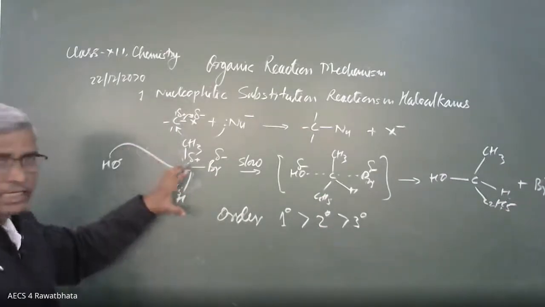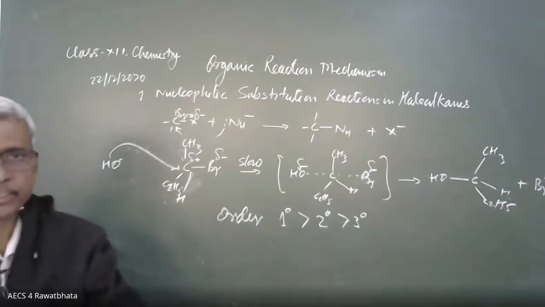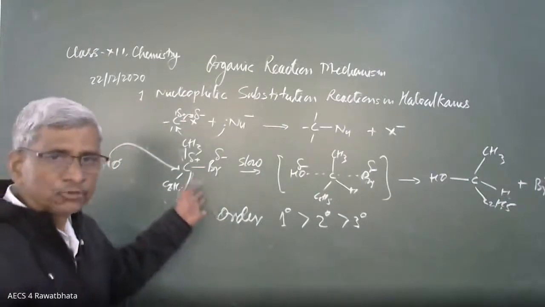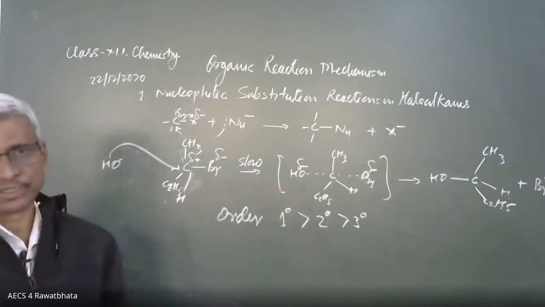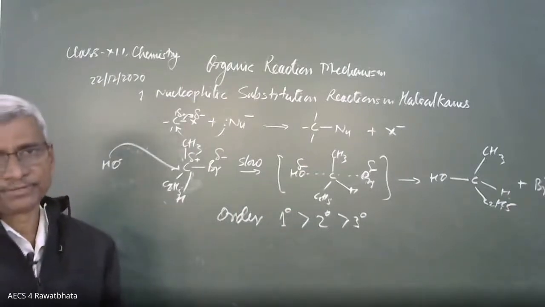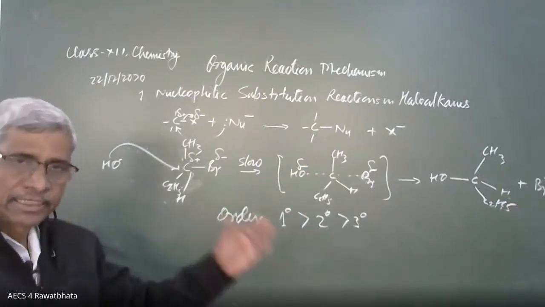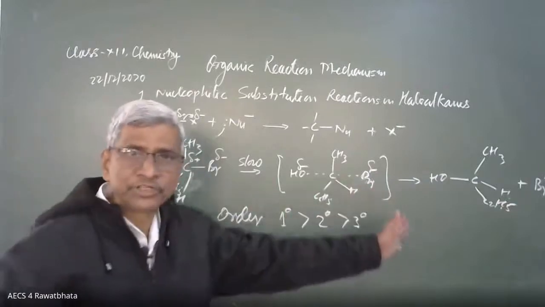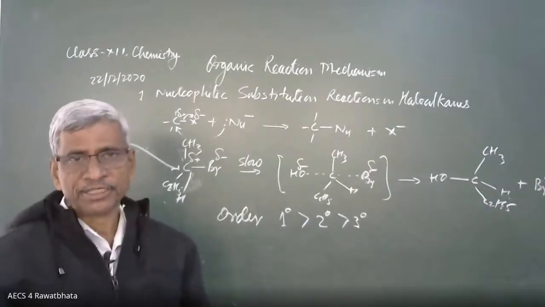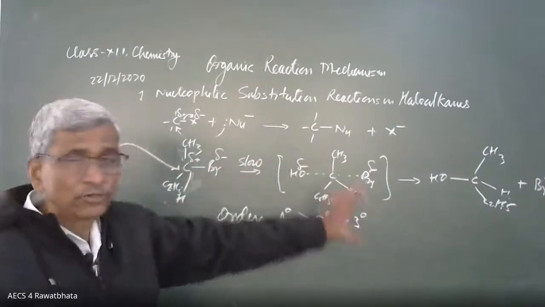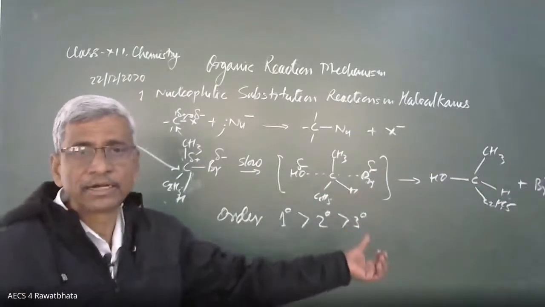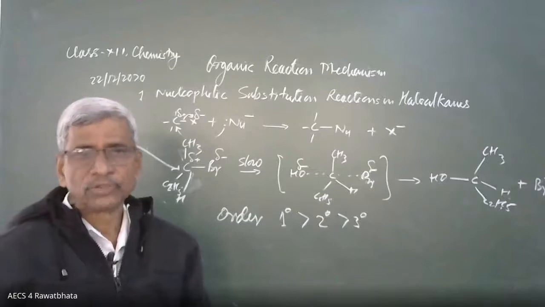While a 2 degree haloalkane may follow SN2, it may follow SN1 also. When the haloalkane is 2 degree, we get a mixture of compounds. The product may be according to SN2 or according to SN1. Okay, beta? If it follows the SN2 mechanism, inversion takes place. If it follows the SN1 mechanism, no inversion is there. It means in this condition we are going to get a mixture of products. One alcohol is optically active, and another alcohol may not be. So that is the condition here.